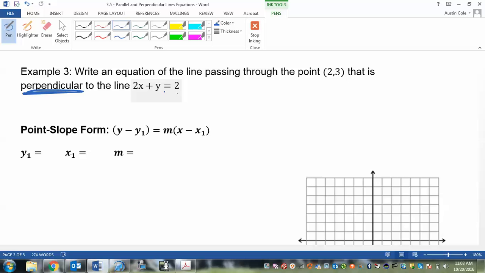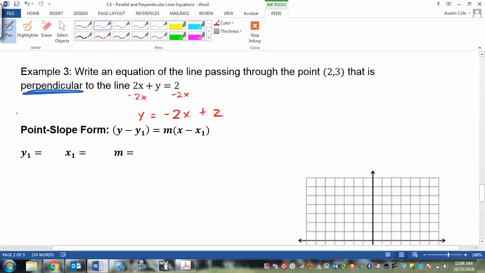Standard form. Okay, that is standard form. We want to get it into slope-intercept form. Kaylin, how do I get that into slope-intercept form? Kaylin, thank you. It's y equals mx plus b, so you just move 2x over. Great. We're going to minus 2x on both sides. So I'm going to get y equals negative 2x plus